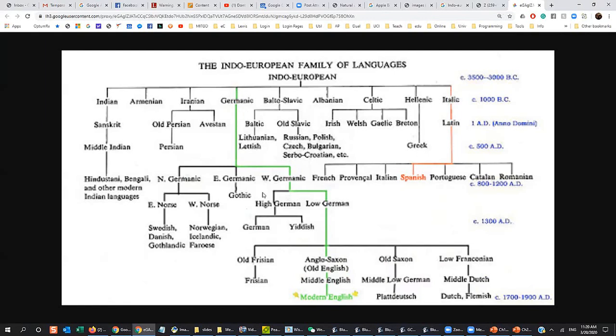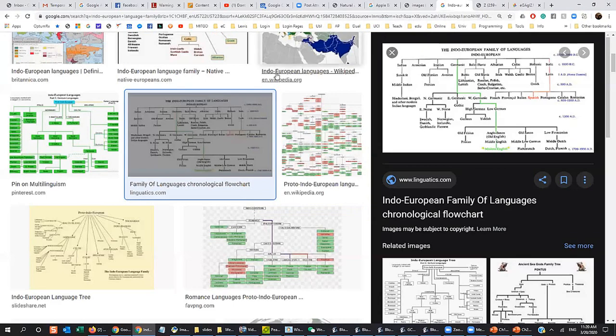English is one of the Germanic languages. Whatever, these are different Indo-European languages. Okay, and then you have